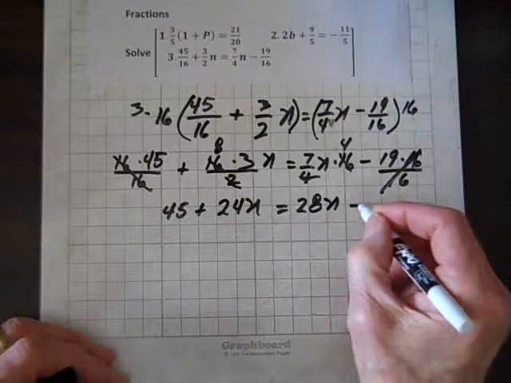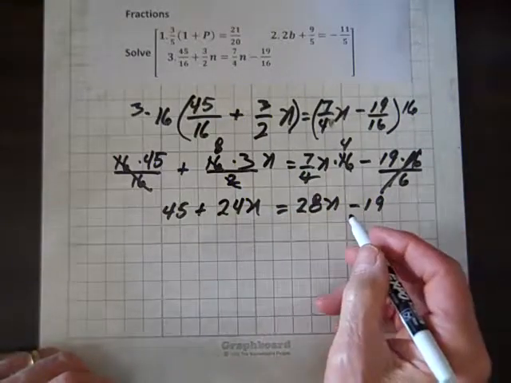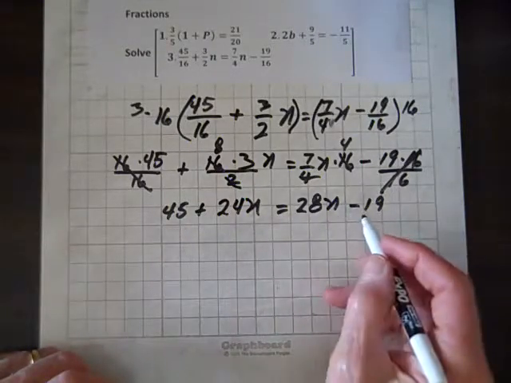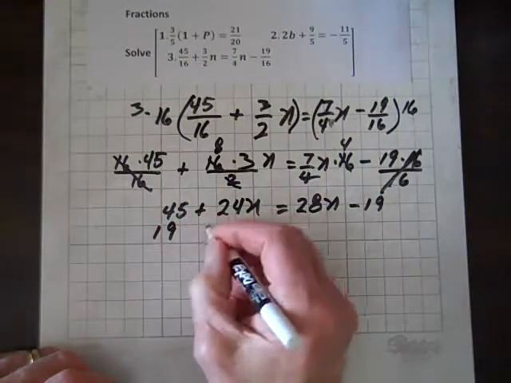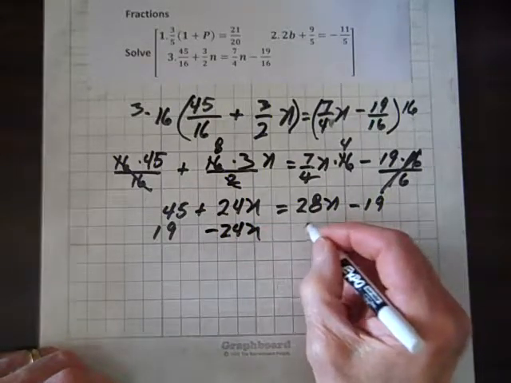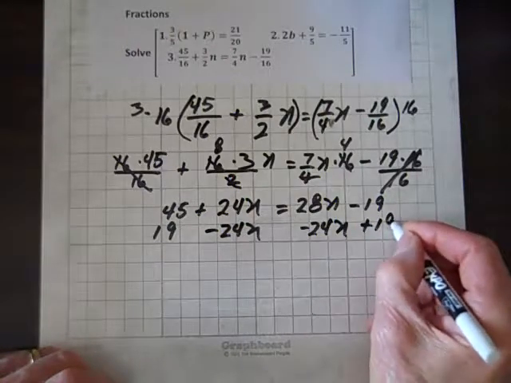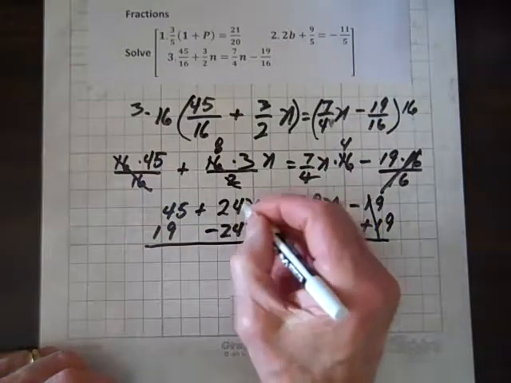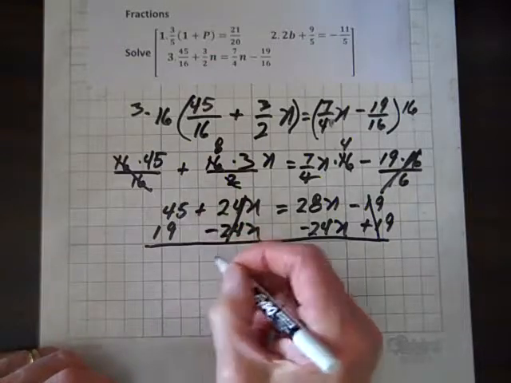28n minus 19. Well, I'll tell you what, let's subtract 24n from both sides, and add 19 to both sides. So 19 and minus 24n and minus 24n and plus 19, and these 19s add out, the 24n's add out, and we wind up with, let's see,